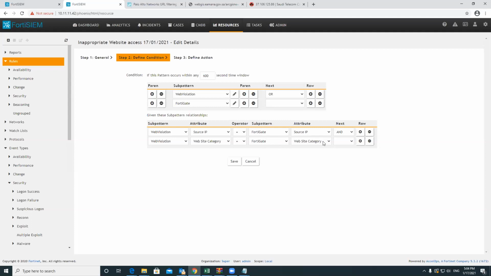Next, you say FortiGate source IP is not equal to